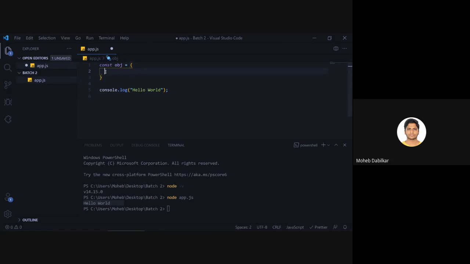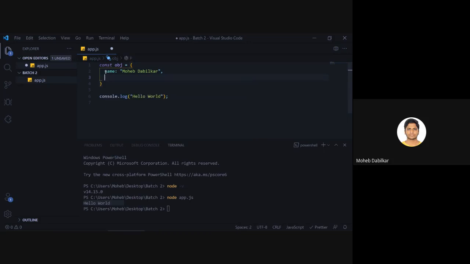Okay, so let's just start with name, and inside the object you will have a name. For string types, if you're putting anything inside inverted commas, that becomes a string. So my name is Mohit Dabilkar. And then the second type we are using inside the object is a number.